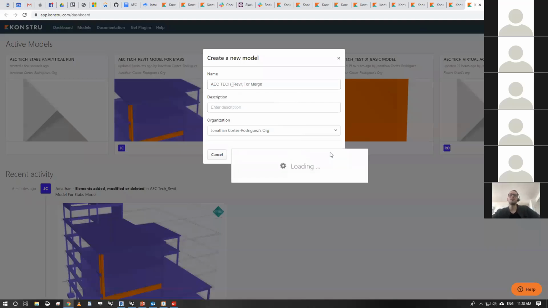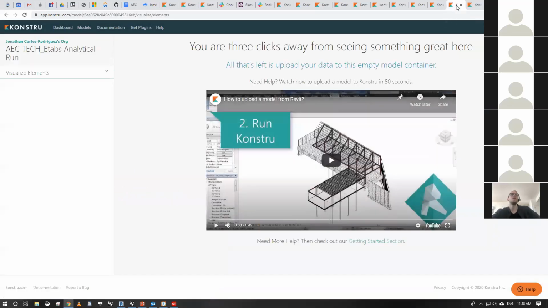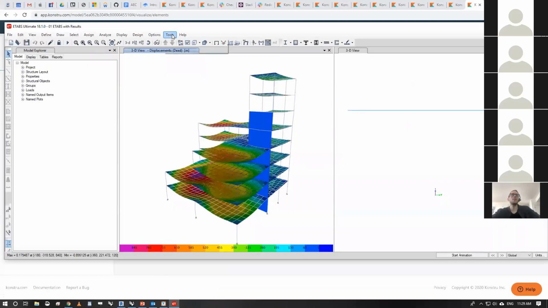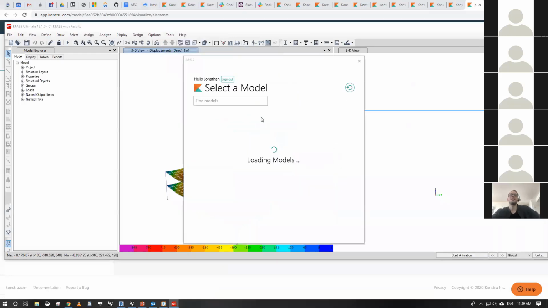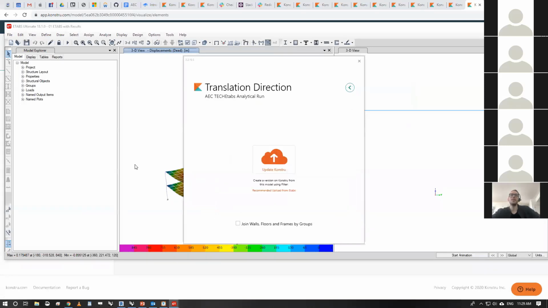Create model. Now we have two empty containers that we're going to put data in: the AEC Tech ETABS analytical run, and then we have Revit for merge. We can go ahead and take this model here, tools, Konstru, sure. And we can go to where are we at? Yeah, ETABS analytical run. Now that's saying all the data, if I'm doing this correctly, all the data within the